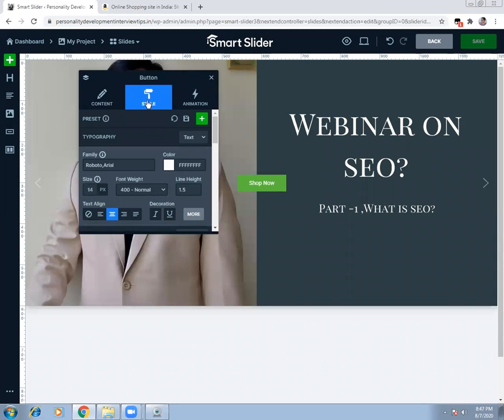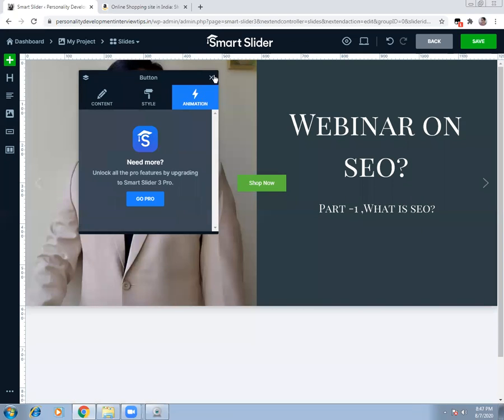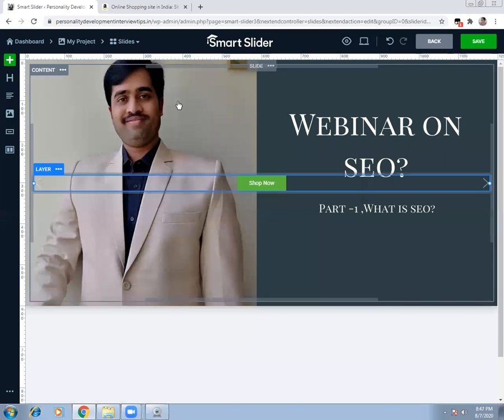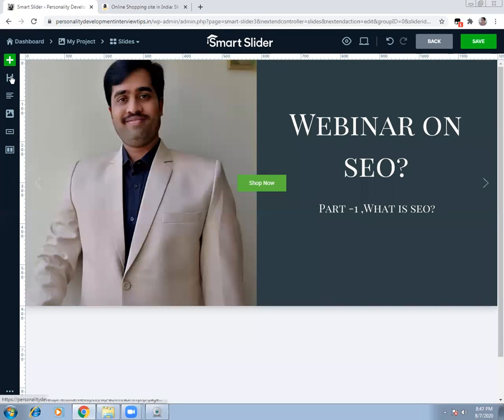You can check out the various styles that you want to use, the alignment, whether it has to be in the center or on the left or right. Accordingly you can take a decision. This is how it will be applied when you apply it. So these are the various things that you can do. Similarly, you have an animation feature that is applicable in the pro version.